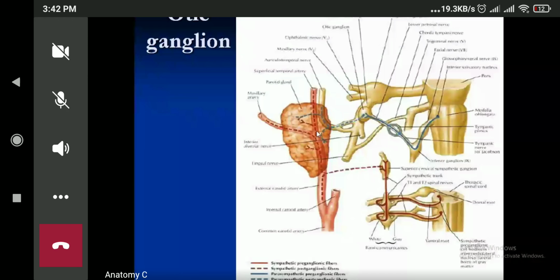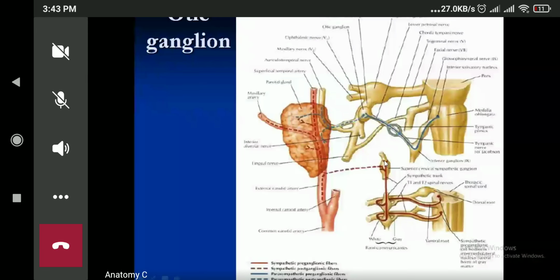I'm just talking about another one, the sympathetic secretomotor fiber to the parotid gland. Now where does the sympathetic come from? Lateral horn of T1 to T3. But it will pass through the ventral root. It will finally synapse in the superior cervical ganglia. You take a superior cervical ganglia, sympathetic ganglia. Now it will end over here.